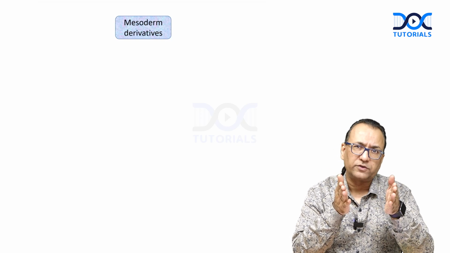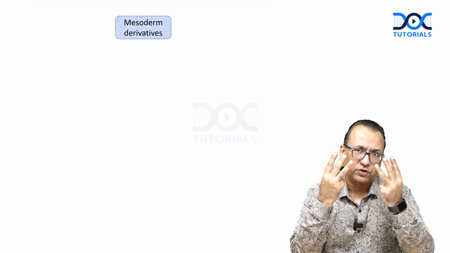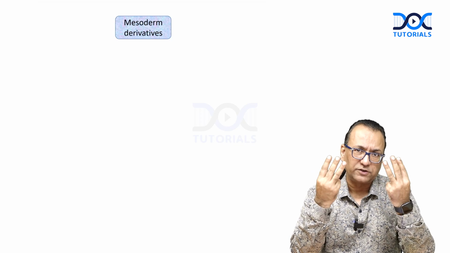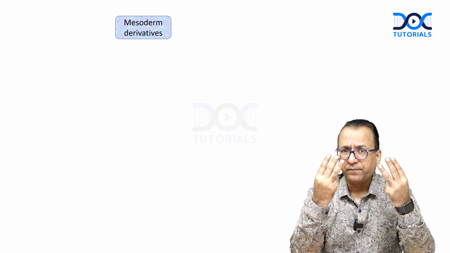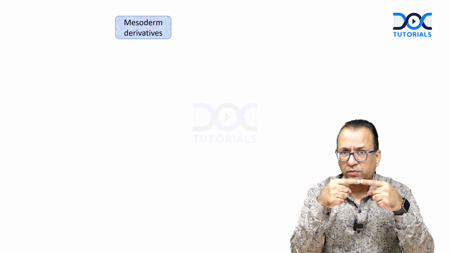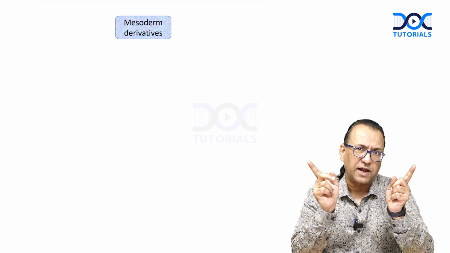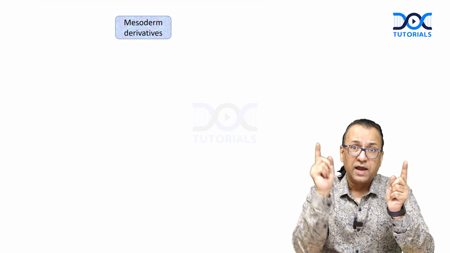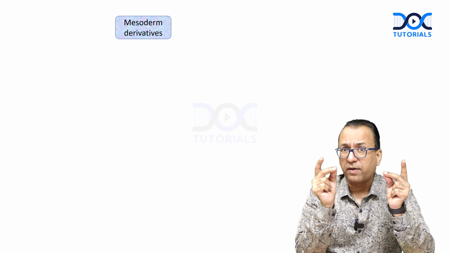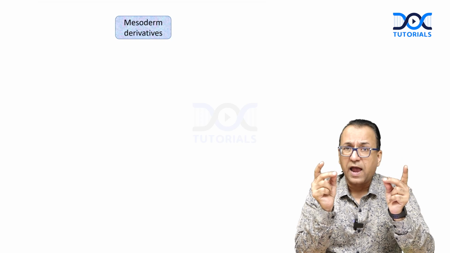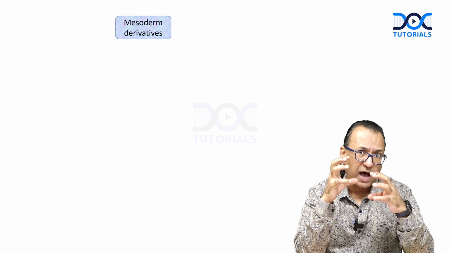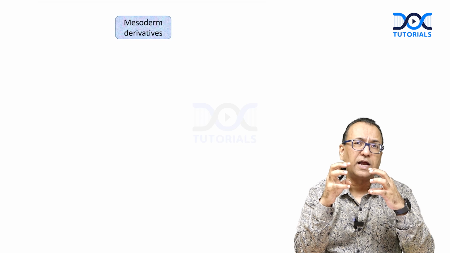Paraxial mesoderm forms the somite, and somite will divide into three tomes on right and left side. So what are the three tomes? There'll be a medialmost sclerotome, then in the middle we have myotome, laterally we have dermatome. Dermatome, which is lateral, forms the skin dermis, especially at the back region, and in the middle we have myotome forming muscles, the skeletal muscles,